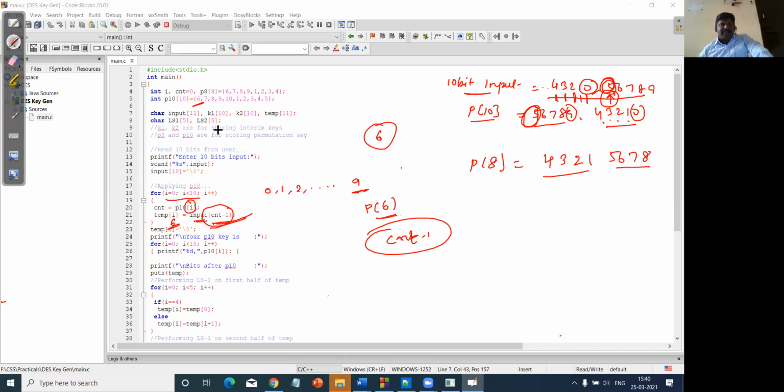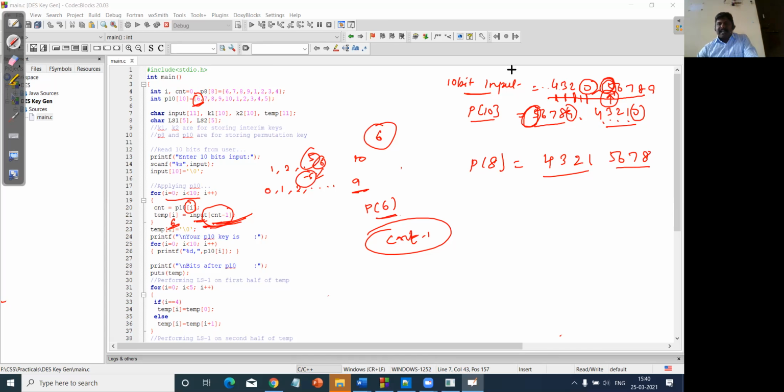But my input values start from 1, so 1 2 3 till 10. So if this P value is equal to 6, it means my input value, which I need to start from 1 to 6, so minus 1, will be whatever element is there in the fifth position. So that will be my value.